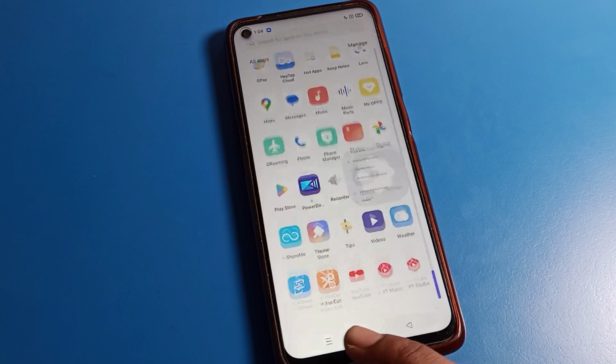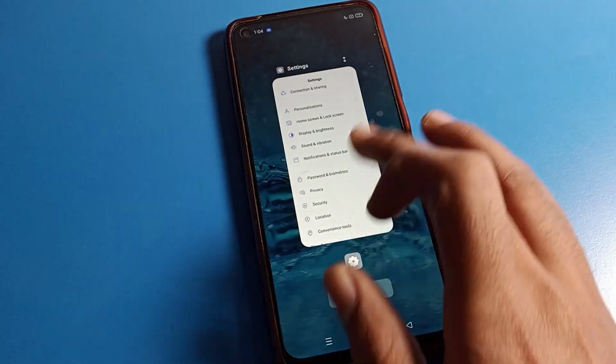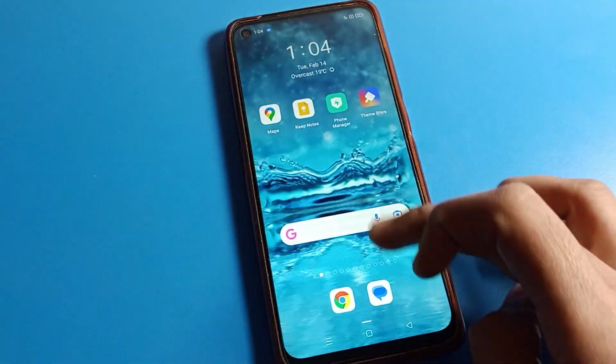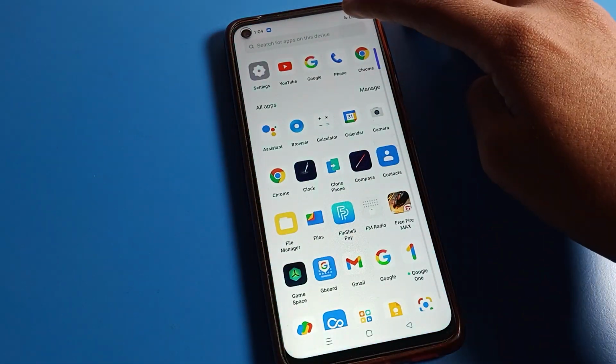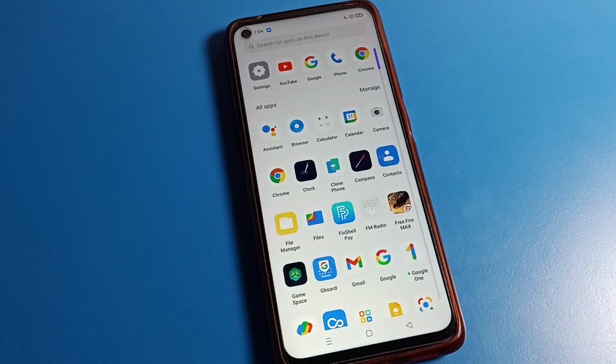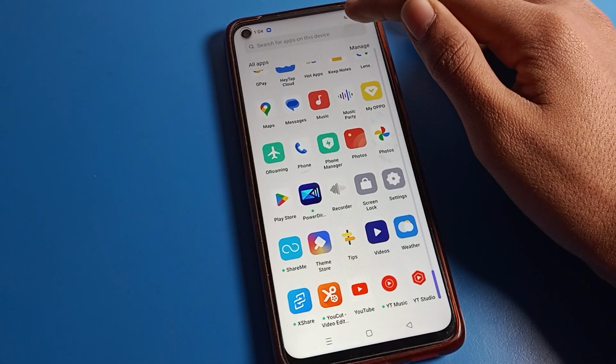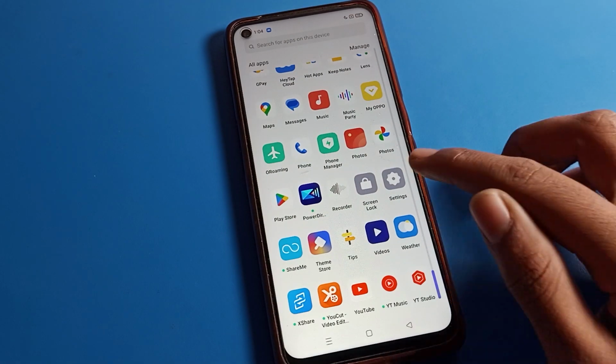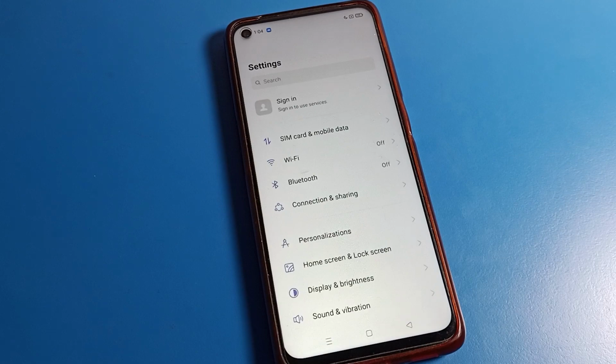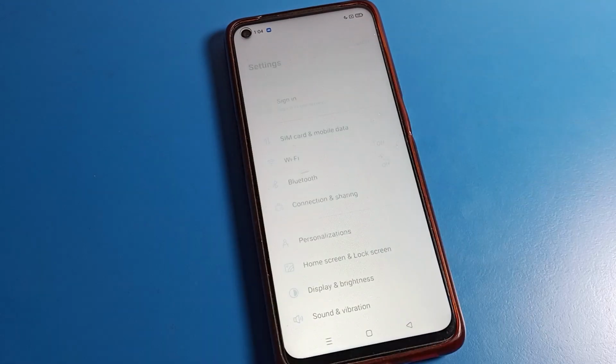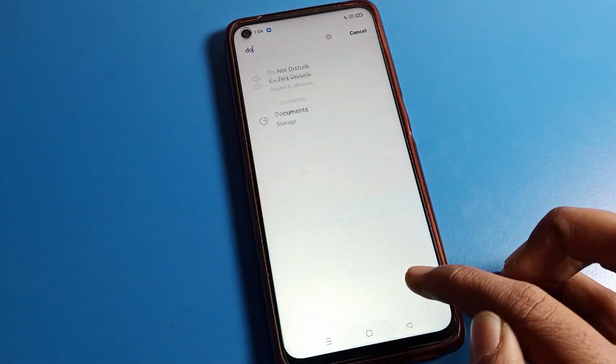So friends, we can enable do not disturb and use it. As I told you, when we turn on do not disturb, the moon icon will show on the status bar. If you want to remove this moon icon, you will have to disable do not disturb. And how do we disable it? Click on the search option and type do